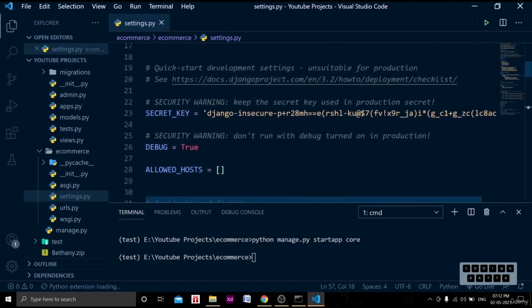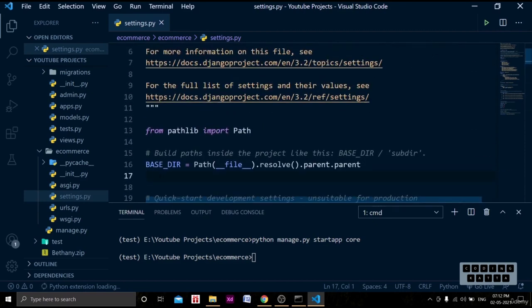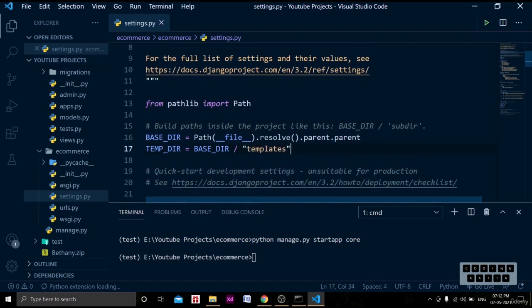So where is that BASE_DIR? So I am going to create TEMP_DIR and just specify BASE_DIR here. We are going to append this BASE_DIR with our templates folder. So the templates folder will come here. We are going to create that templates folder. Just save this and copy this TEMP_DIR